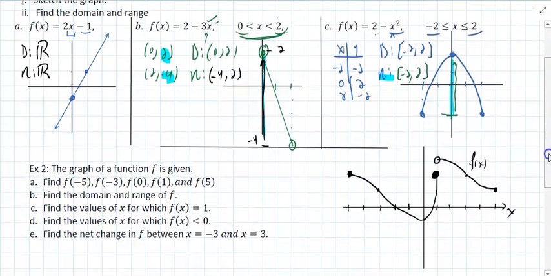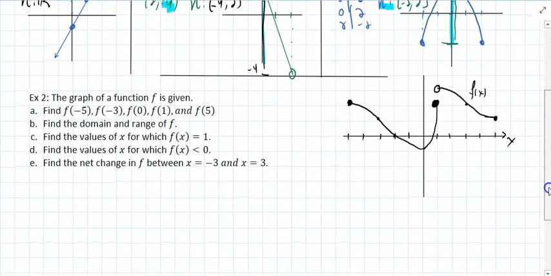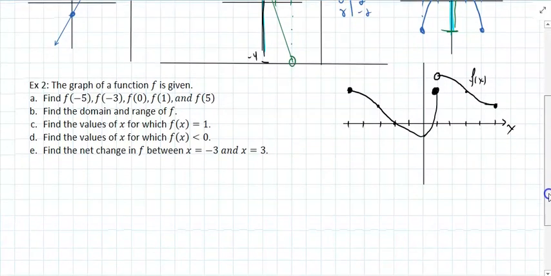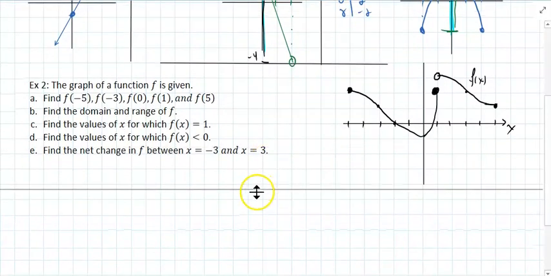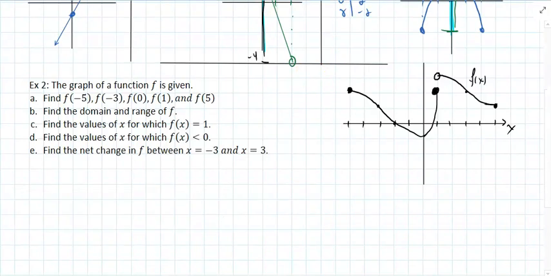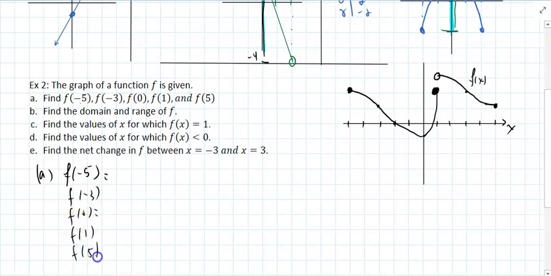Now, given the following graph, something we gotta start reading. I would take part A. So this is the graph of f of x. Part A. Find f of -5. They're asking for y. Find f of -3. Find f of 0. Find f of 1 and find f of 5. So,